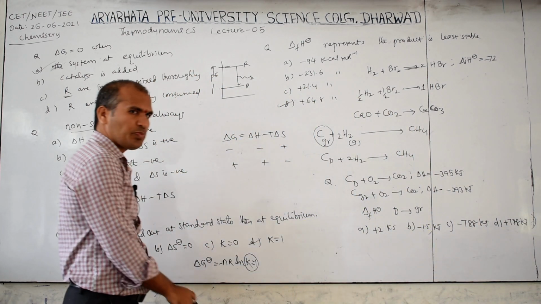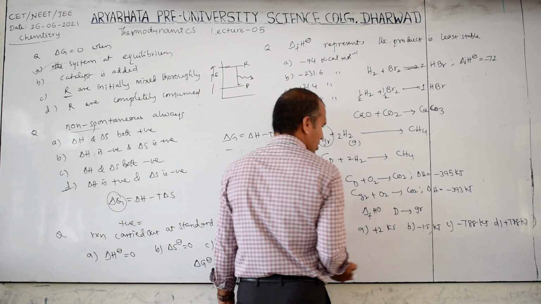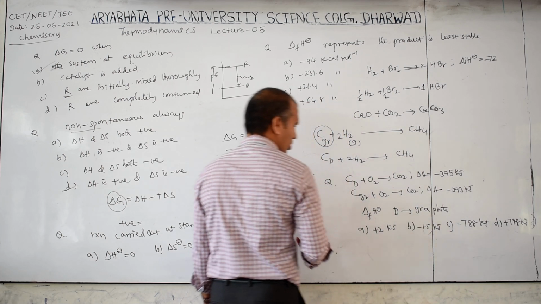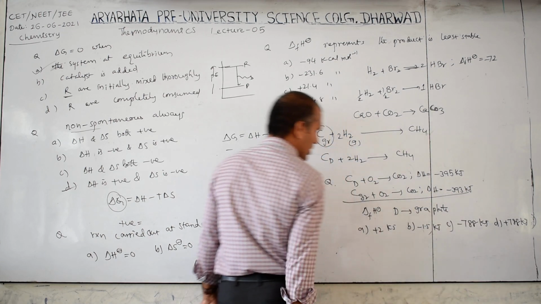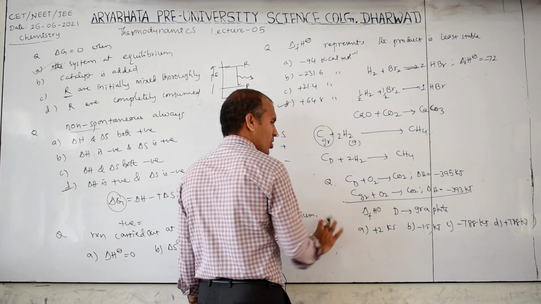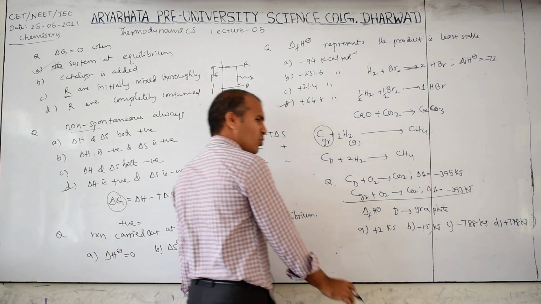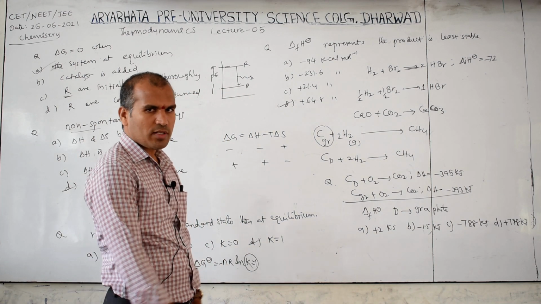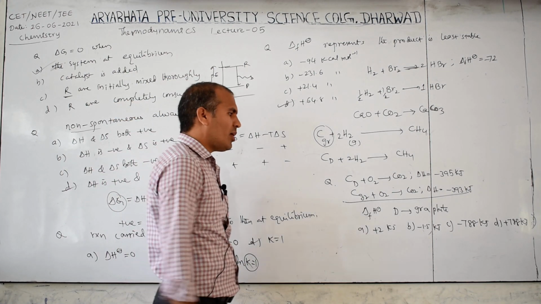Then what to do? Diamond to graphite we want. Here D means diamond, Gr means graphite, otherwise write graphite. Enthalpy of formation, how to calculate? Actually you have to write once again, but I don't want to write once again here. We want diamond on the left side, graphite on the right side. Then what you have to do? Reverse this equation. If you reverse, then this value will be positive. This is called Lavoisier Laplace law. According to the Lavoisier Laplace law, for a reversible reaction, the enthalpy change will be the same, but the sign will be opposite.